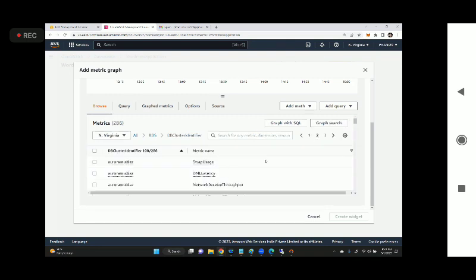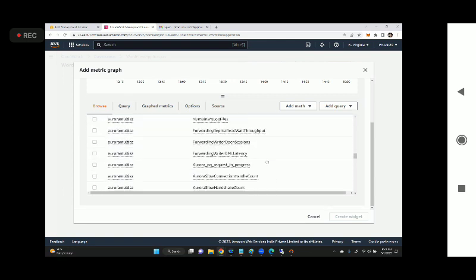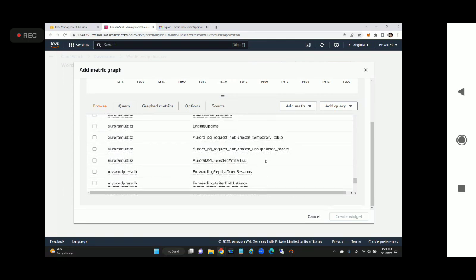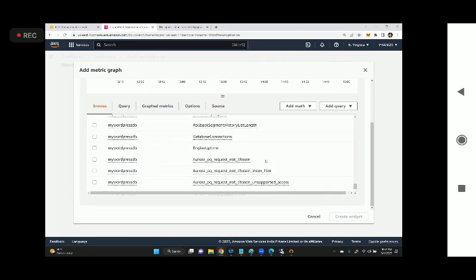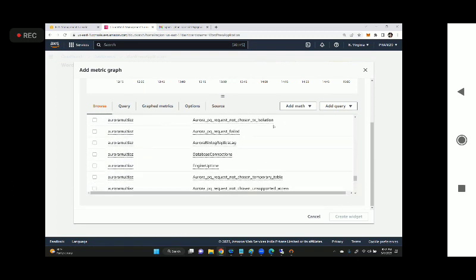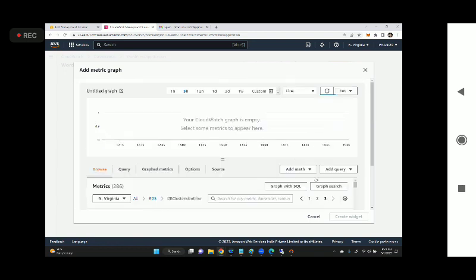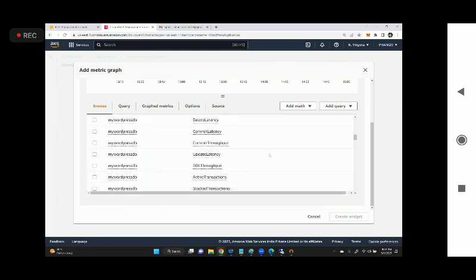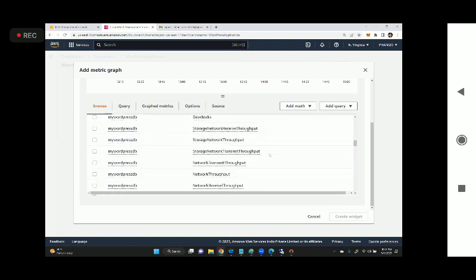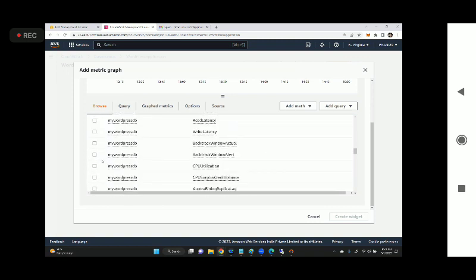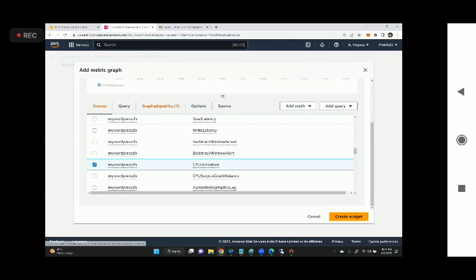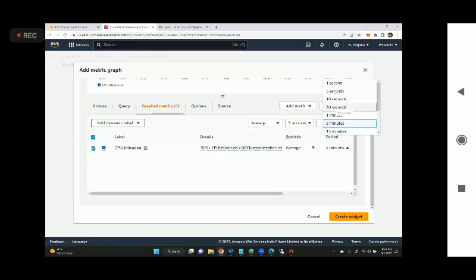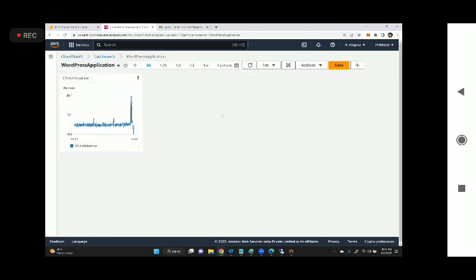Let me go to the two for WordPress, right? Okay, let me go to the third page. Okay, CPU utilization. And here I will select 1 minute, a 1 minute window, create widget. It will display the CPU utilization of your Aurora database cluster. Add one more thing,